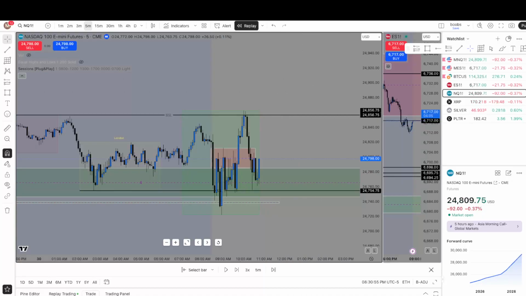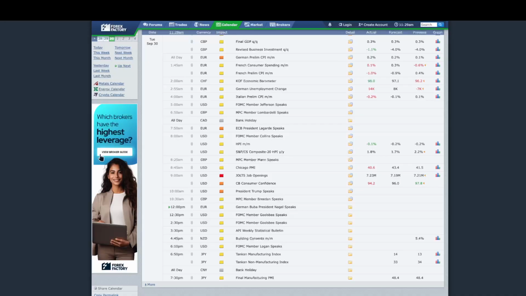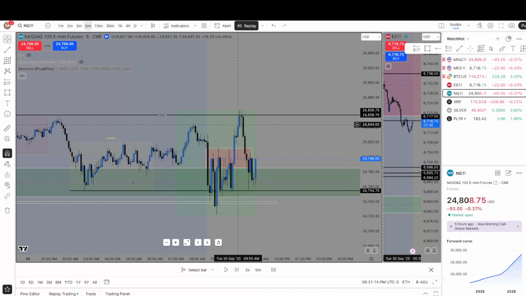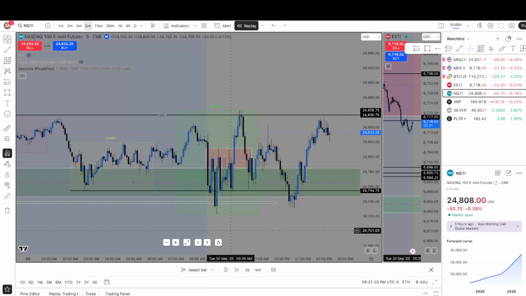The issue is, yes, we had good news in the morning. We had the 9 a.m. red folder news, and then Trump didn't speak till 10, right? Well, what my buddy explained to me is usually when Jerome Powell speaks later in the day or when Trump is speaking later in the day, the market is going to want to consolidate before that news release comes out to then go make its move. And Trump started speaking at 10, right? What do we do? As soon as this candle at 10 o'clock right here, that's the move that sweeps out liquidity, and we get the reaction off of it. And you can see what the market does the rest of the day, it just consolidates. So it wasn't a great trading day.